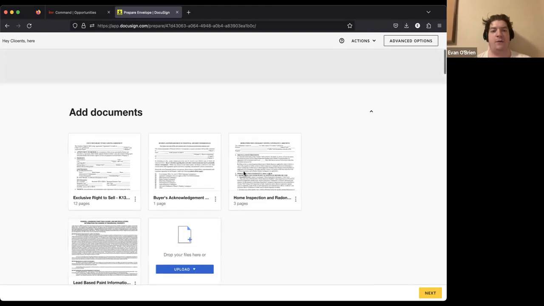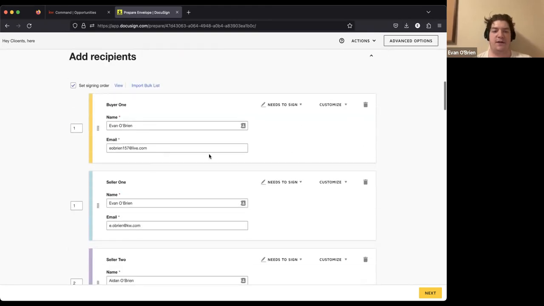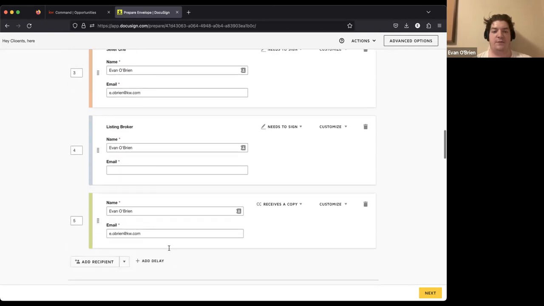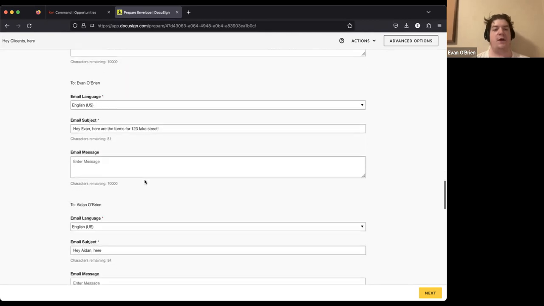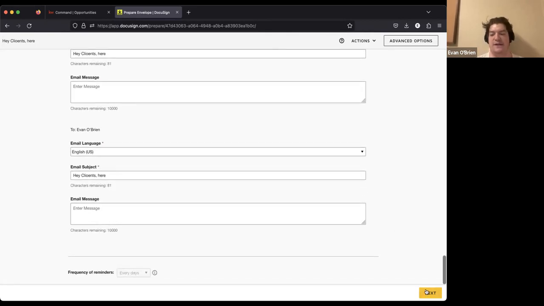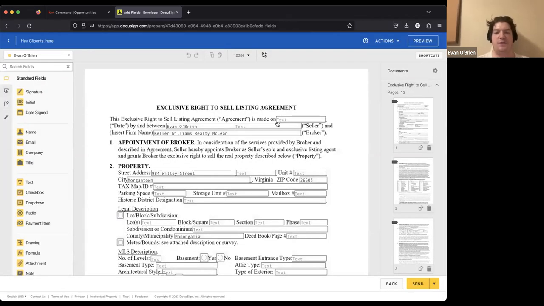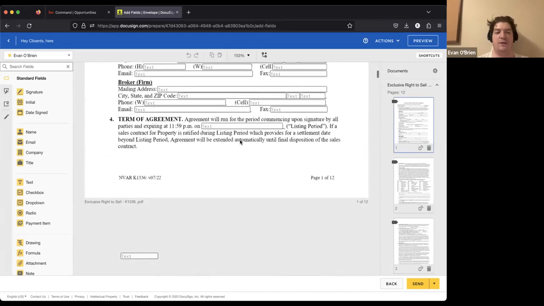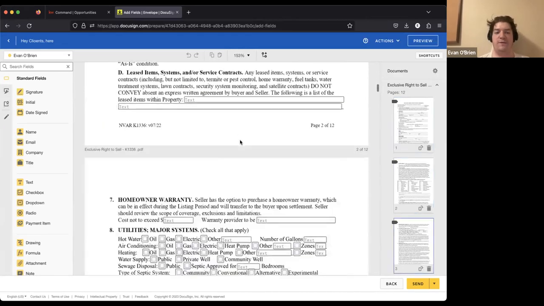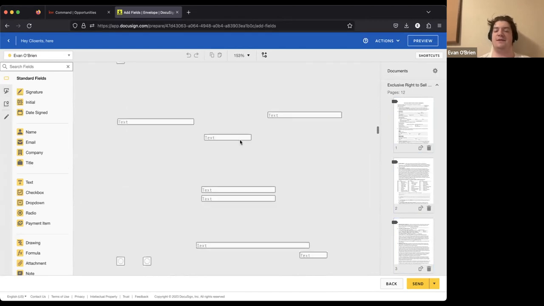But now that we have our documents added to the envelope, our recipients added to the envelope, along with their contact information, and we have all of our messages set up, we can now move along and move into the next step, which is to actually then go ahead, make sure all of these fields have the correct information ahead of them. And this is one of my favorite parts of DocuSign,